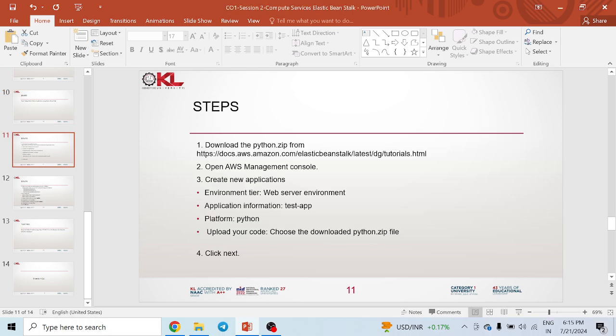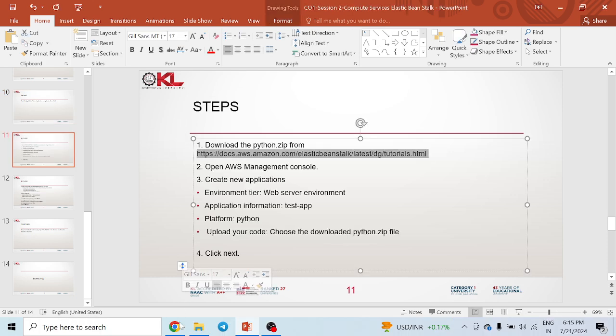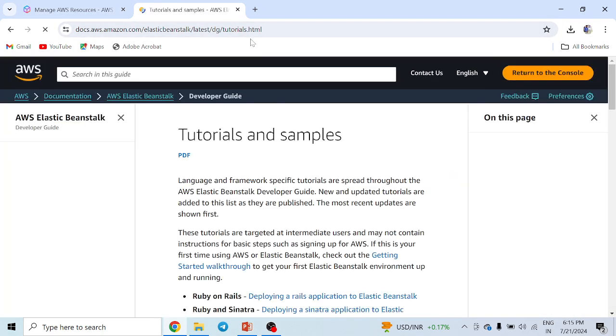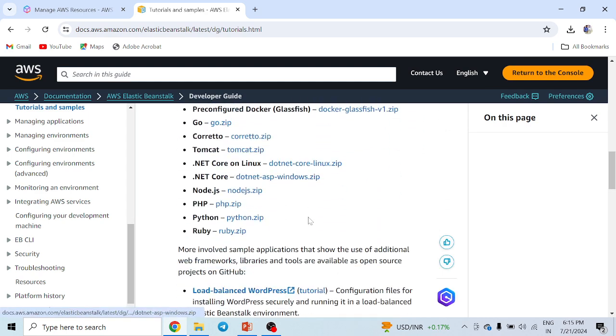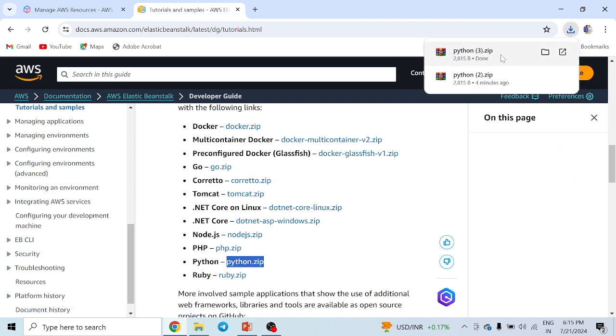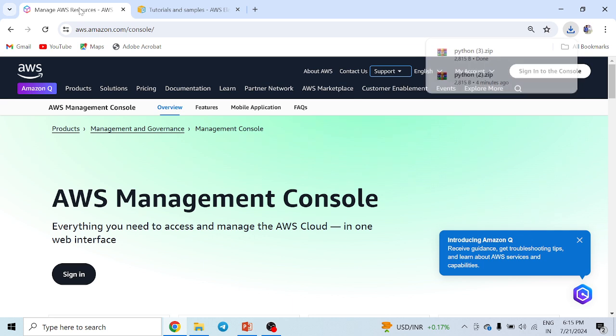That is, I'm going to download the Python file. Open this website and download it. Just scroll down and you can see that there is a python.zip file. Just click and download it. It's downloaded now. Now go into your AWS Management Console